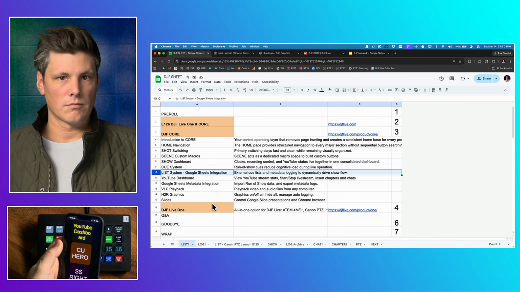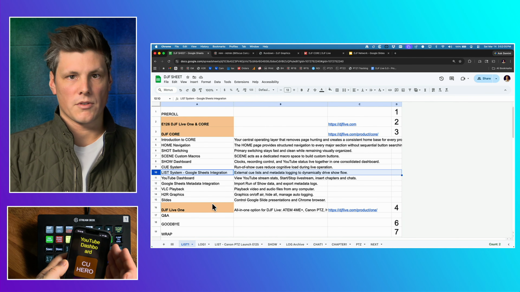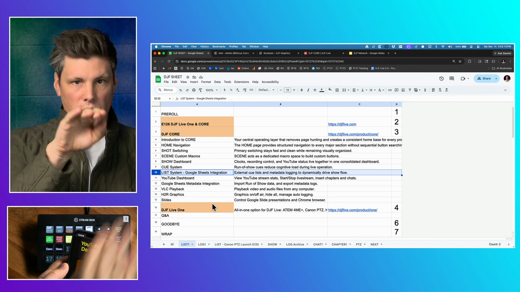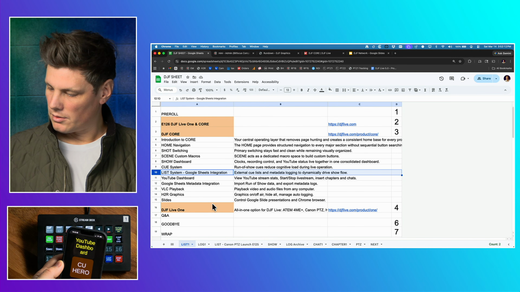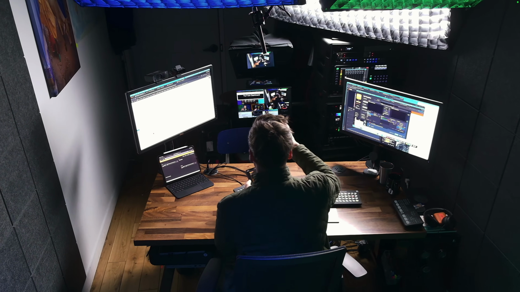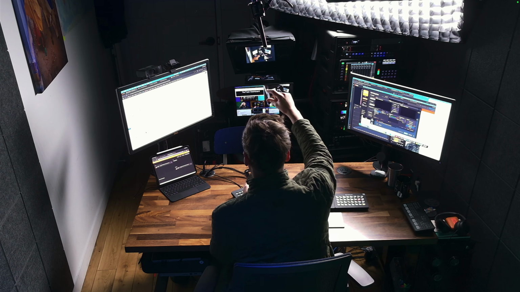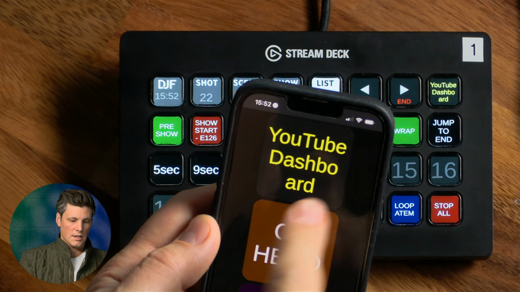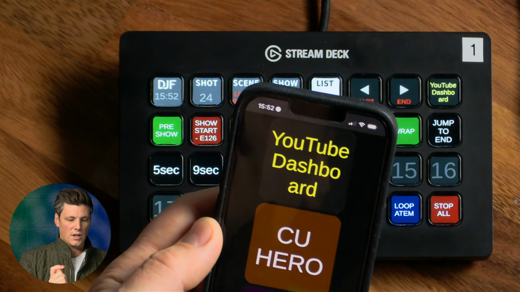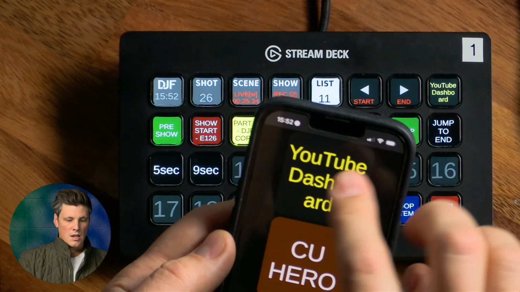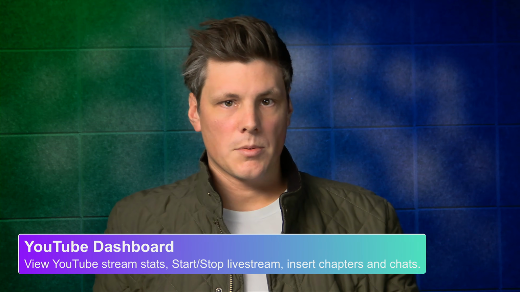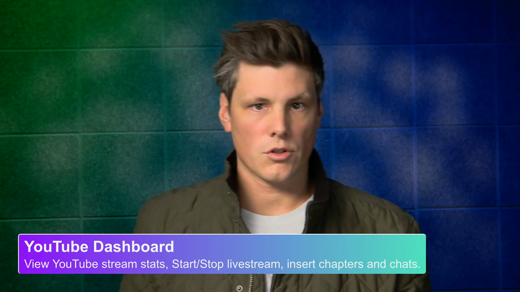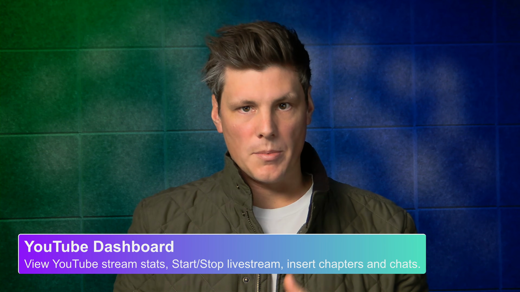And on my phone here, in terms of when I'm going, okay, what's next? I'm looking down at my teleprompter, which I can show you here, I think. So I've got a confidence monitor, which is showing me some clocks, and I can see this text, but I can also see this button here. And so I know that when I hit this next, then next up, we're going to talk about the YouTube dashboard. So this is a way for you to see your YouTube stream stats, start or stop a live stream,